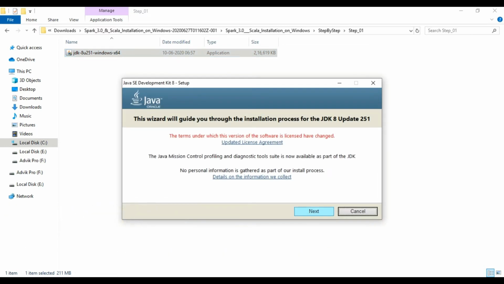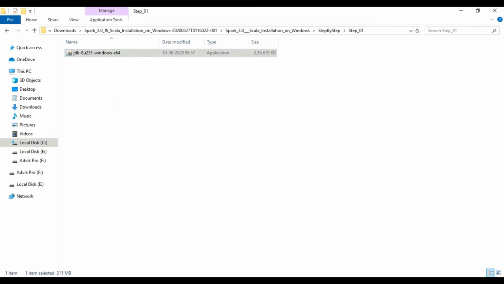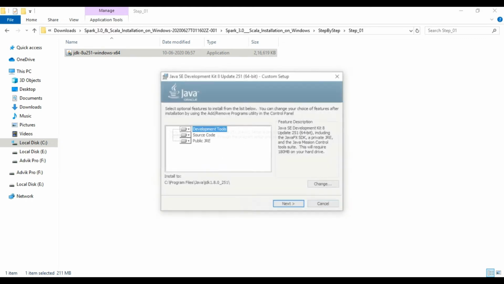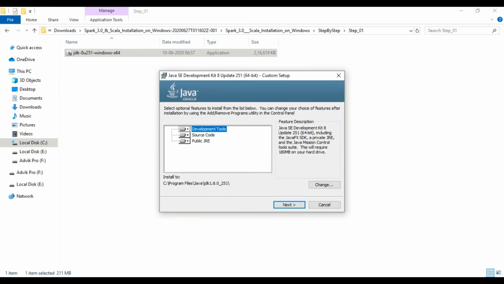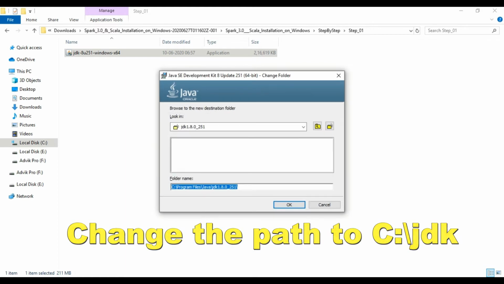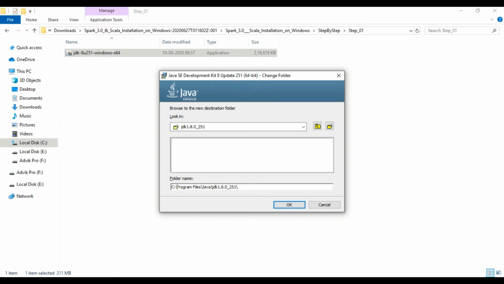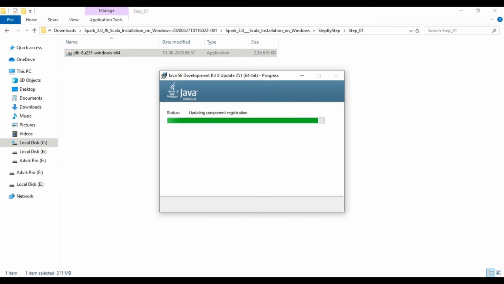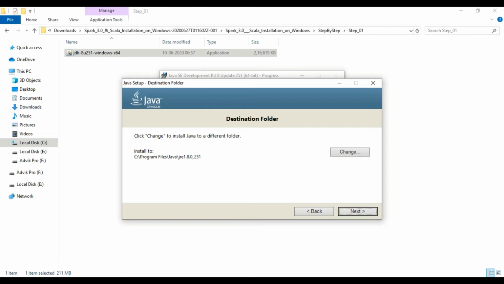Hit on next. Install to path. We will change the path to C drive and then to JDK. Hit on OK. Now, destination folder.